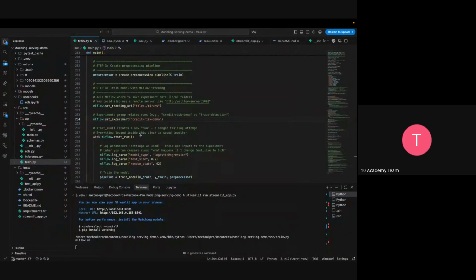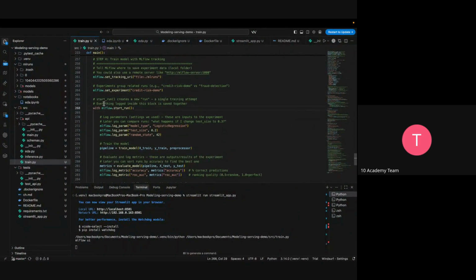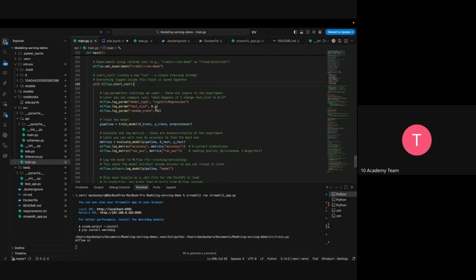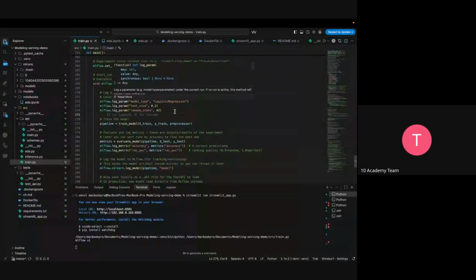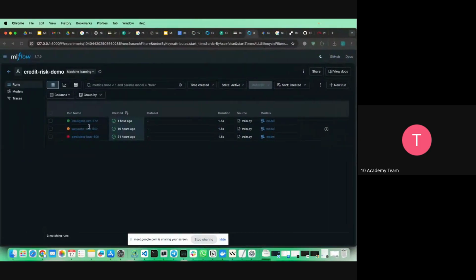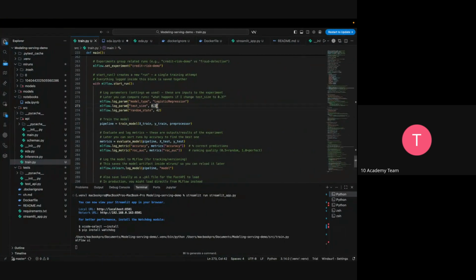So ውስጡ this is everything logged inside this block saved together ማለት ነው, like mlflow.start_run ስንለው everything ከዚህ በኋላ የምናደርገው እዚህ ውስጥ ትራክ ይደረግልናል ማለት ነው። So ትራክ የሚደረግልን ስፔሲፋይ እናደርግለታለን, like ፓራሜትሩን: model type logistic regression ነው, test size 0.2, random state like 42 ለምሳሌ, this is run ያደረግናቸው ናቸው።